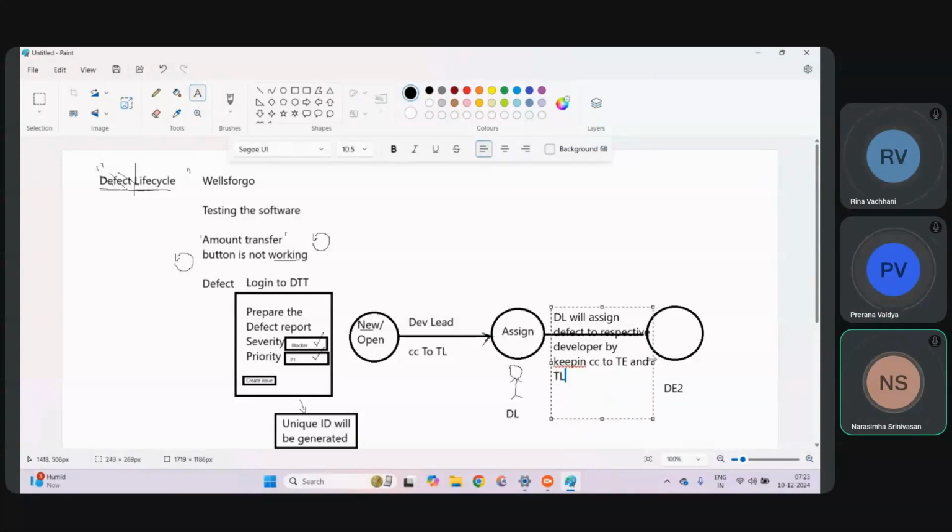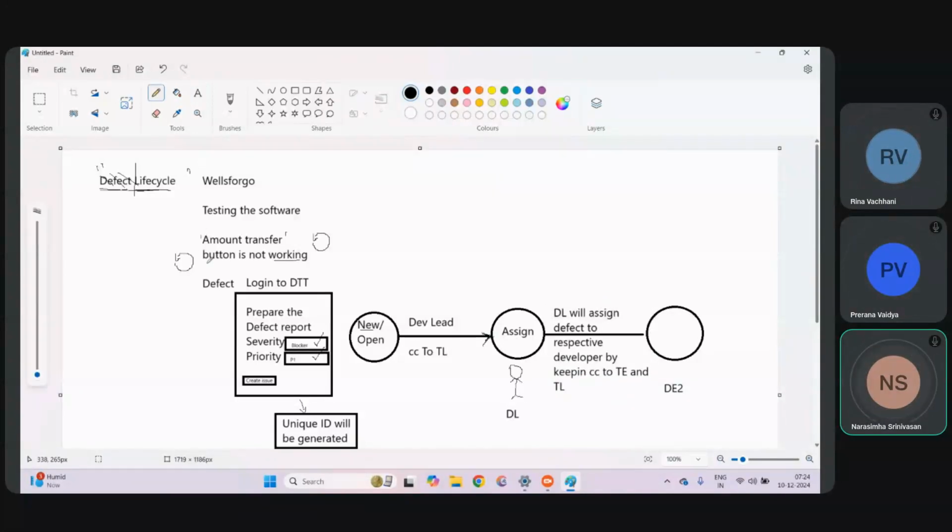Now see, the development lead knows who is the developer responsible to fix this defect. Now he is assigning that particular defect to that respective developer. After assigning that, he will change the status to assigned. And how will you get to know? You can see the status, or he has kept you in CC. You will get a mail stating that the defect is assigned, as well as in the defect report,